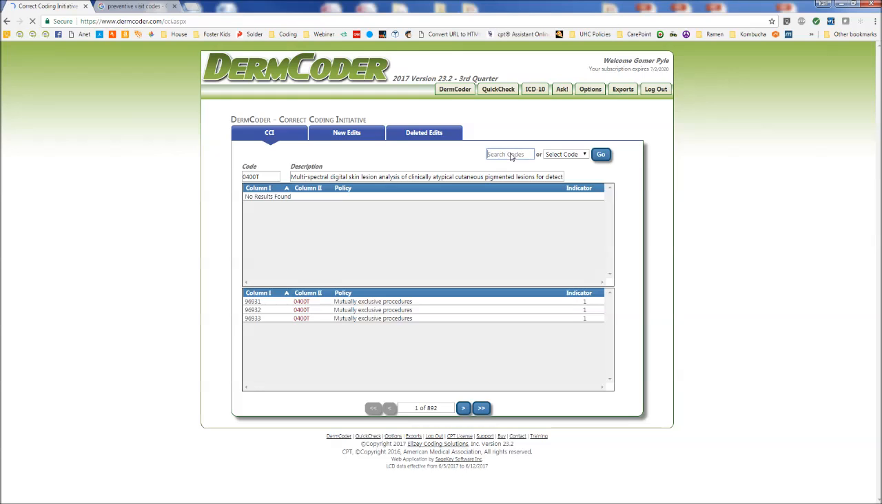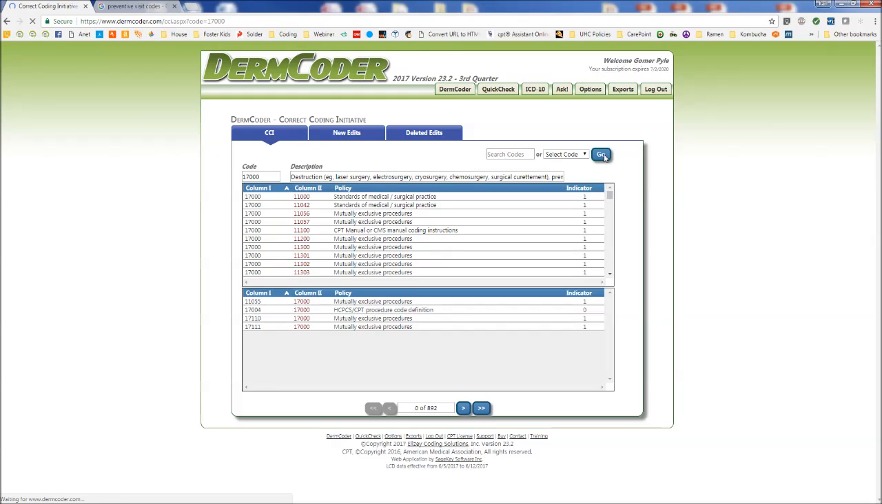So if I wanted to see everything that was bundled with 17,000, I can hit the search codes here and put 17,000 and then click the Go button, and it's going to search for all possible combinations within the correct coding initiative listing where 17,000 is bundled. In this particular case, whatever code is in column 2 is the bundled code, and it's the code that gets modifier 59 or XS. We saw in our previous example where we had built 17,000 with a 11100, there was a modifier 59 added on the